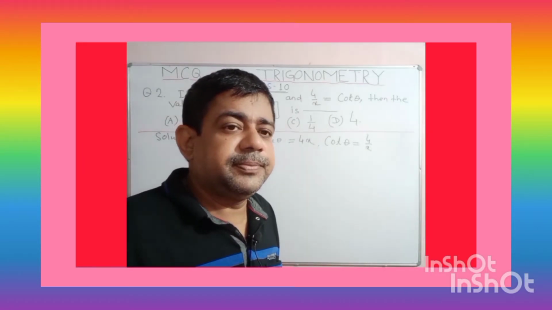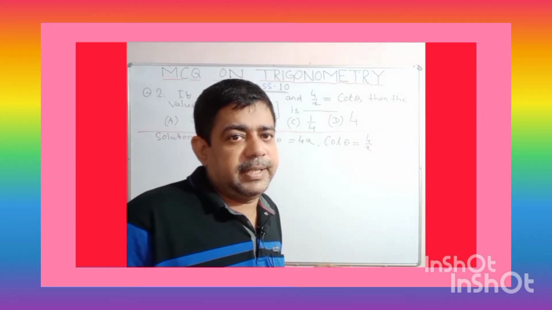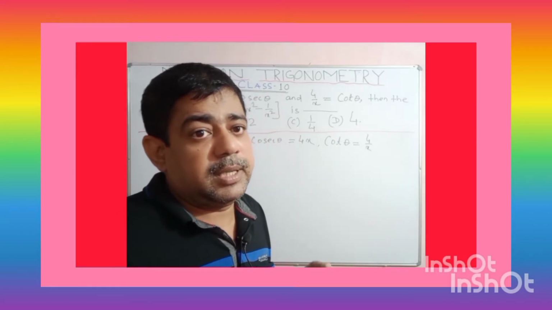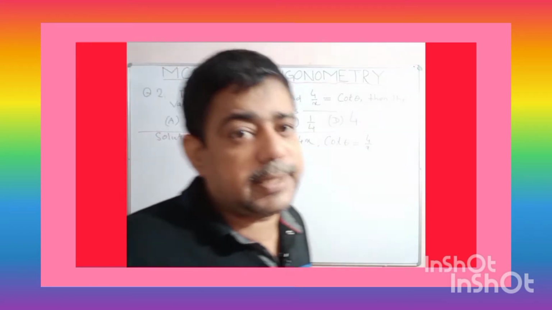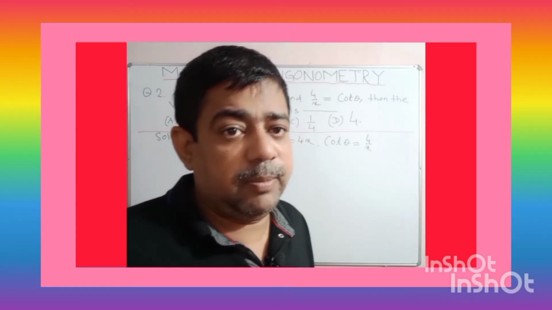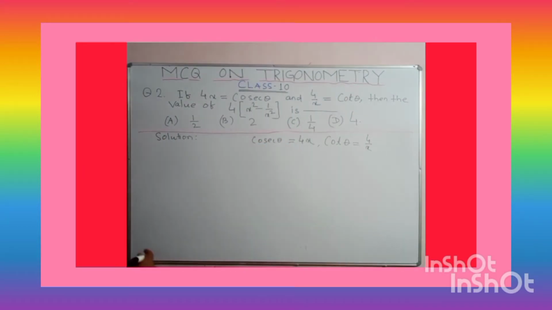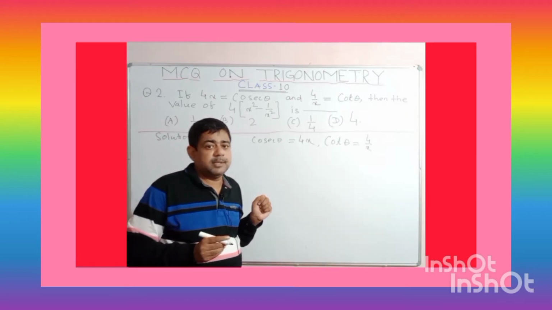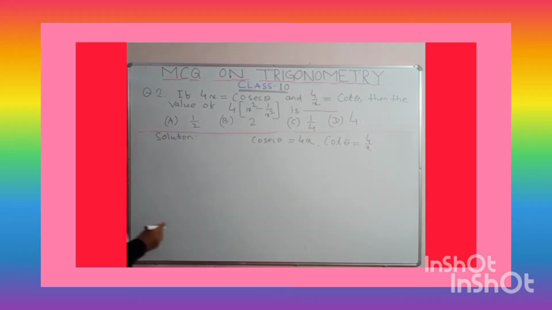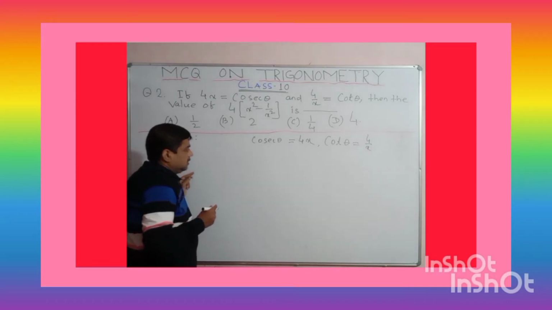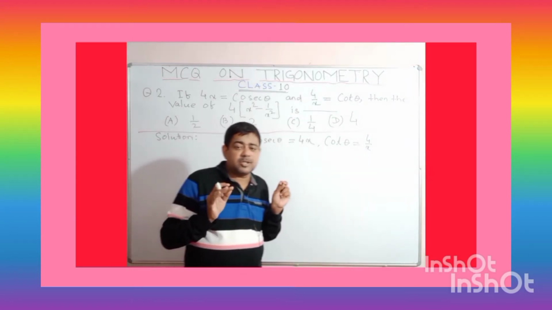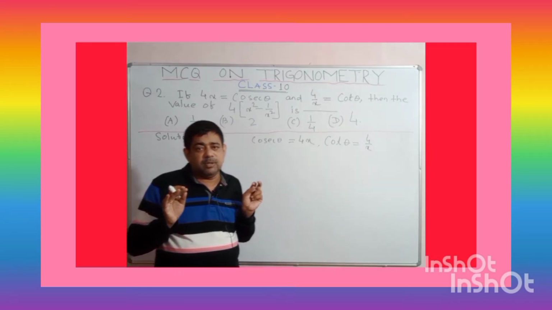So how to do this one? All of you know a trigonometric identity, students. Always remember, what appropriate formula can be useful for that particular problem? That is the most important thing. So here you can see, we know a relationship between cosec theta and cot theta. What is the relationship between cosec theta and cot theta? Can you tell me? We know cosec square theta minus cot square theta is 1. One identity, all of you know?